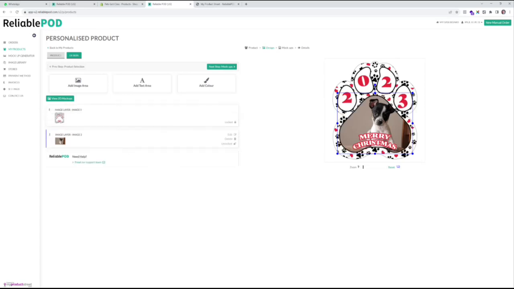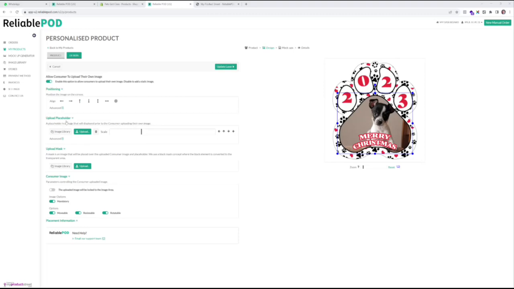Now you can see there that the image is now gone underneath and it's cropped off the transparency, it's masked it, which looks great. However, your dog's a little bit off center. So what you need to do is, if you open the image layer again, where you've got the uploaded picture,